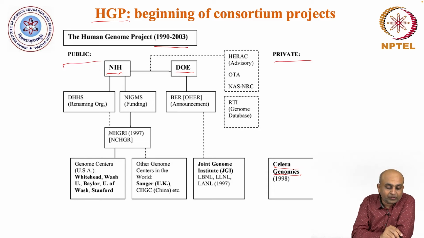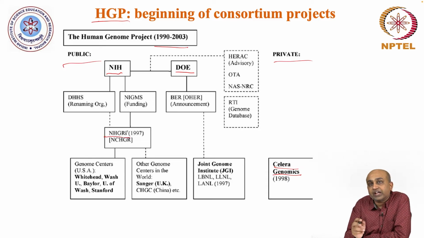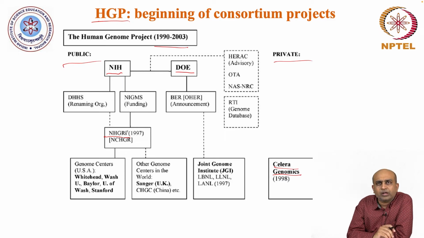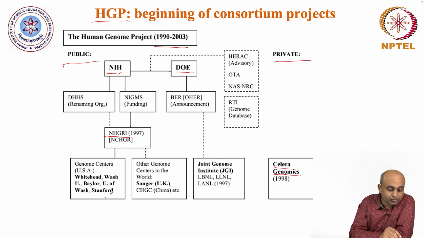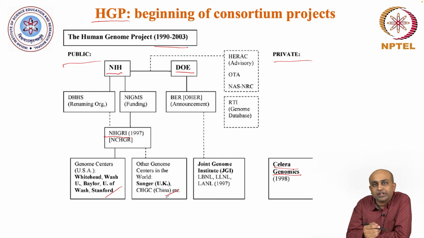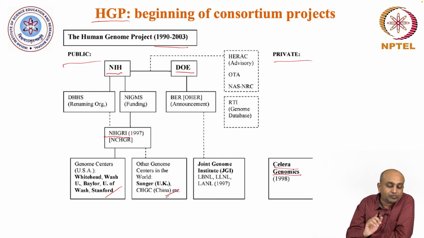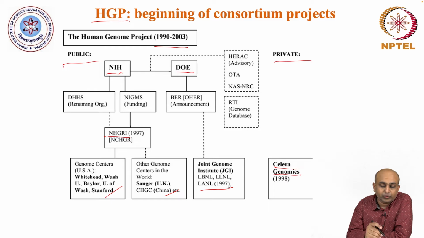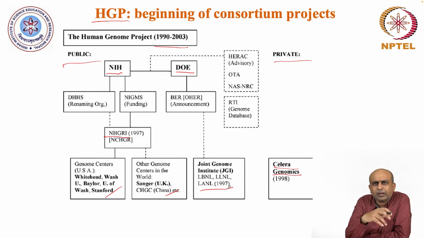And then finally everything came under the umbrella of the NHGRI, the Genome Research Institute, which provided a common place for various universities, whether in the US or in other countries, whether it is the UK, China, or various other partners in this international effort. All of them came together in this. Of course, there were some entities where an independent effort was happening within the public sector as well. For example, in the JGI, Joint Genome Institute, some of the efforts were happening in parallel.